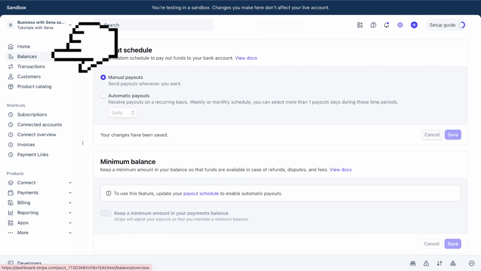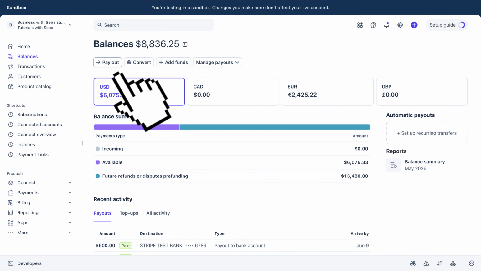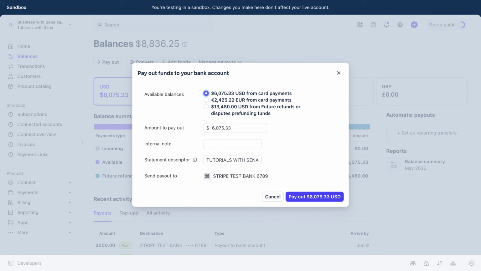Then click on the balance option at the left side of the screen. So if you already have some money or balance in your Stripe account, which I do right here, 6,000 bucks, then you may see this payout button and you want to click on it to withdraw your money to your Payoneer account. A little window will appear and you may see the available balance that you can withdraw to your